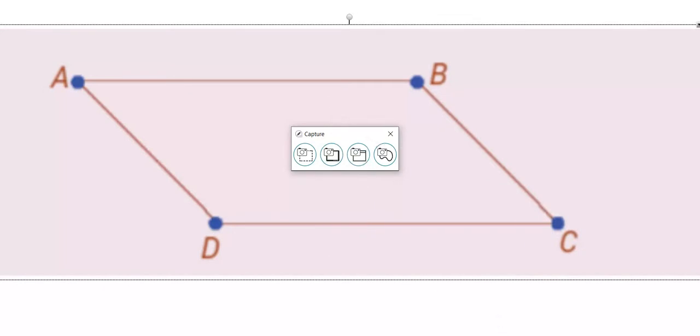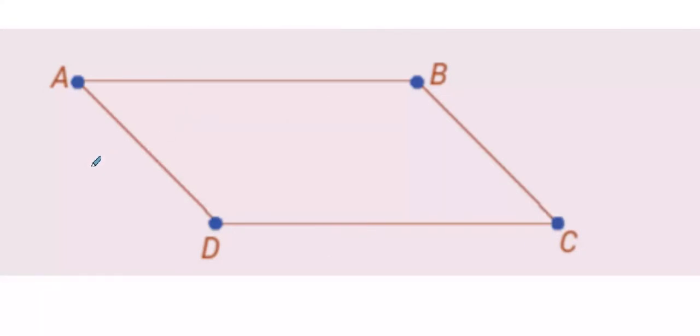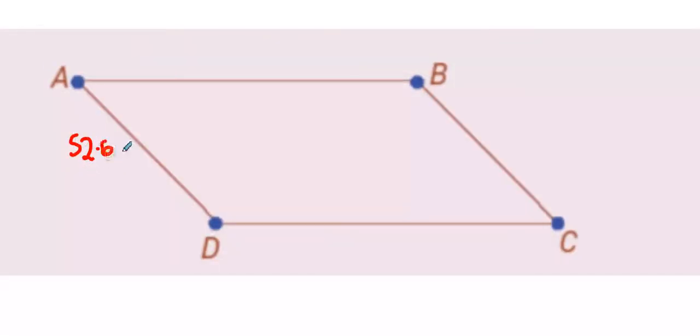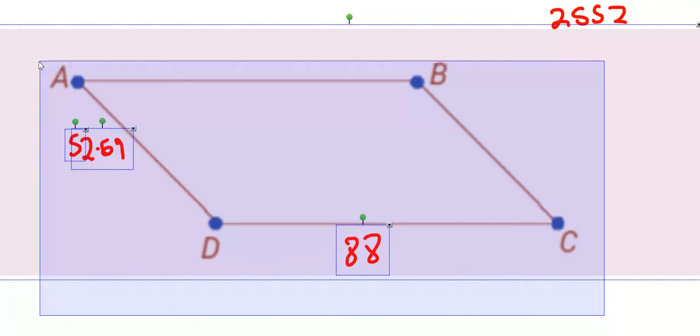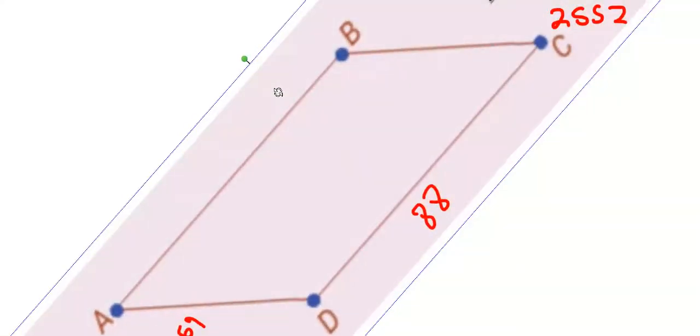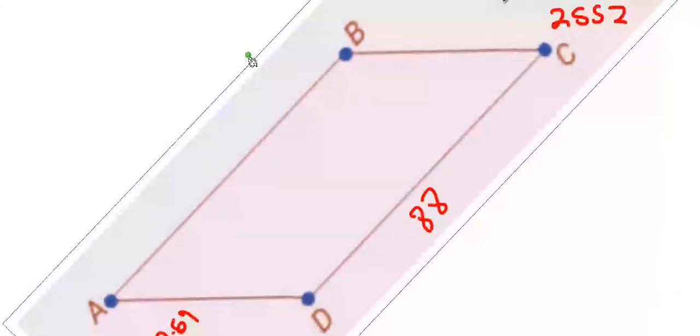Now, that looks like it's wrecking your head, okay? Here's what we're going to do. All we have to do is find the vertical distance from B, basically B to D, isn't it? That vertical distance. Now, remember what we said earlier. You have to make a 90-degree angle. So, this yellow line multiplied by this green line gives you the area of the parallelogram. Call the green line D for argument's sake. Ready? So, the yellow line, which is 52 point something,